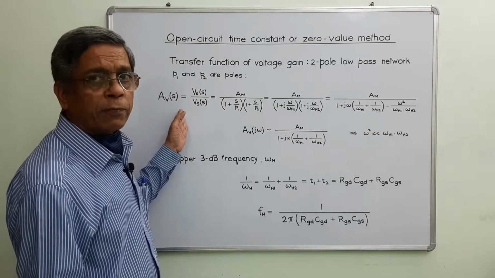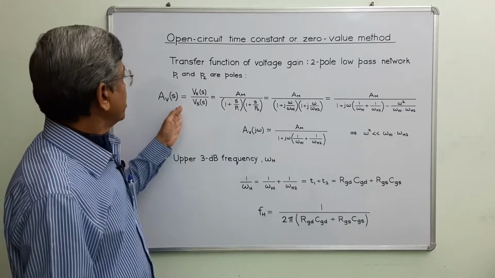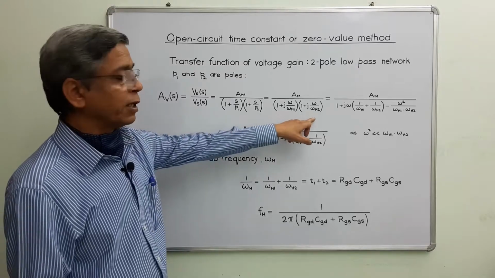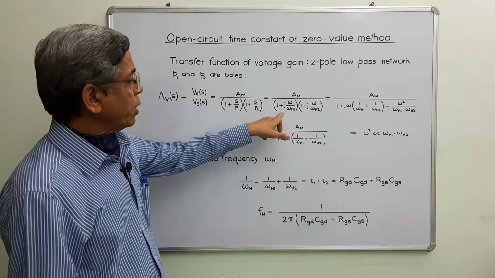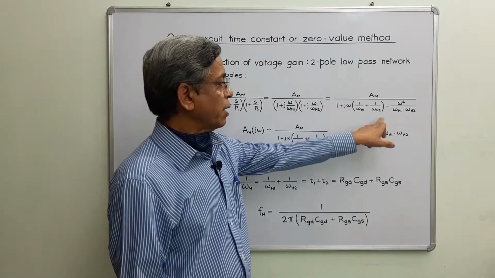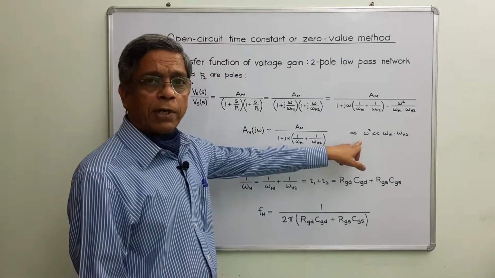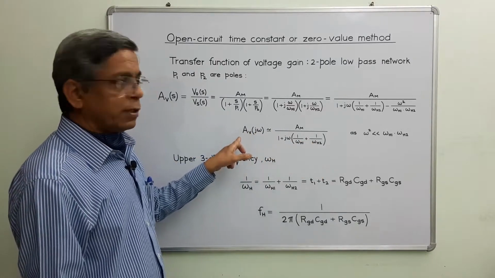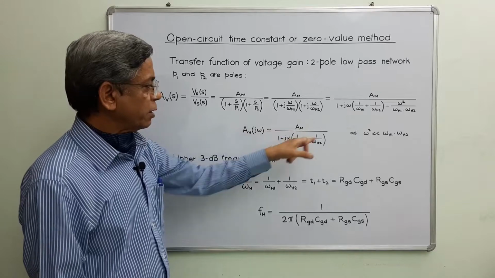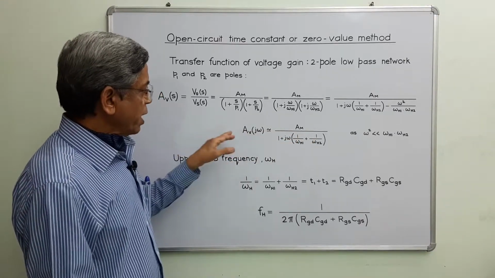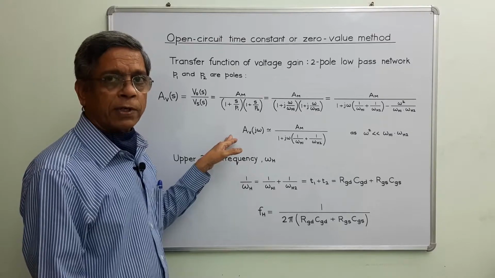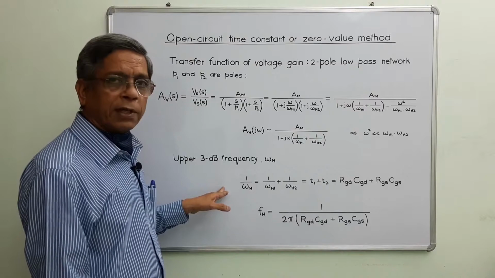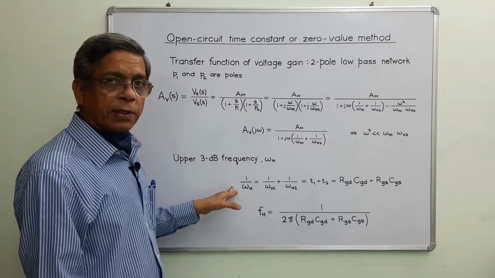And this is the transfer function of voltage gain for the common drain amplifier considering two poles P1 and P2, and this is the expression in terms of physical frequencies. Then opening the bracket and considering this inequality, we get the expression in terms of two pole frequencies for voltage gain. This is the transfer function for this voltage gain. And this shows the first order low pass network, and we can write the expression for the upper 3 dB frequency omega h. This is the expression for the upper 3 dB frequency.